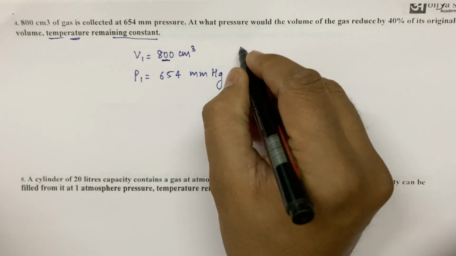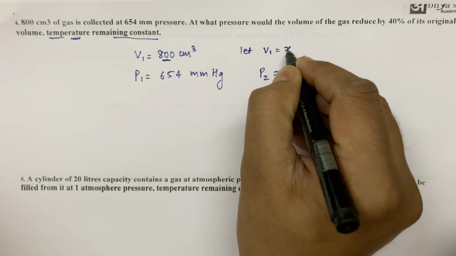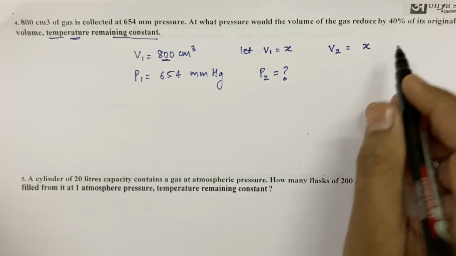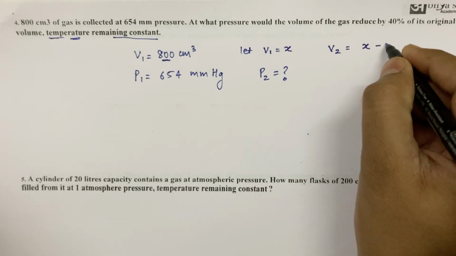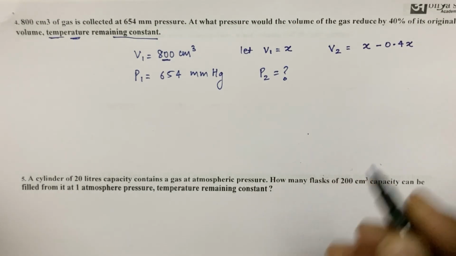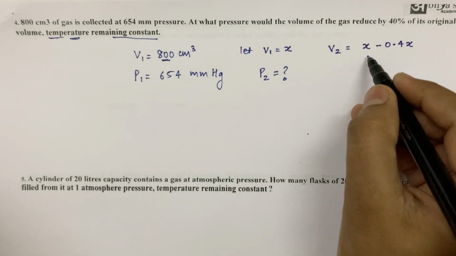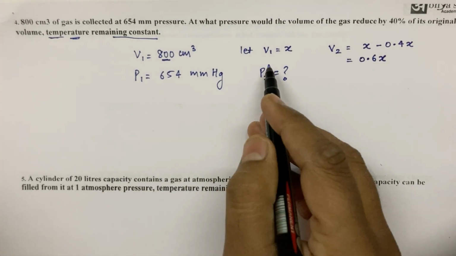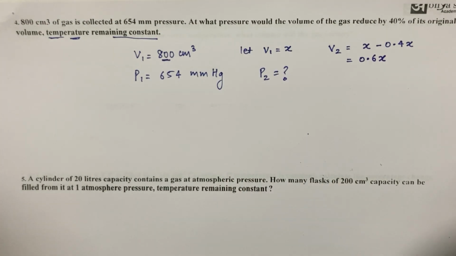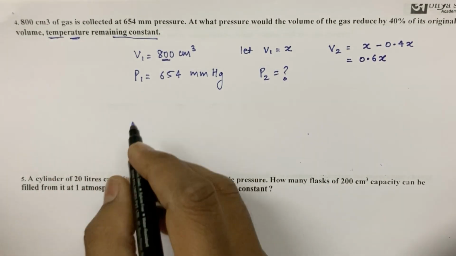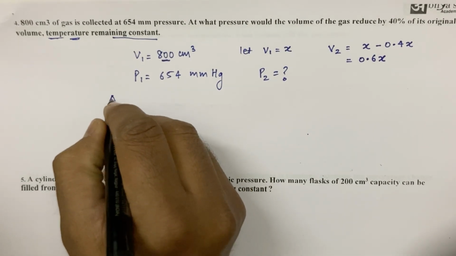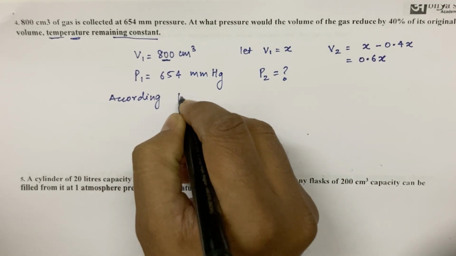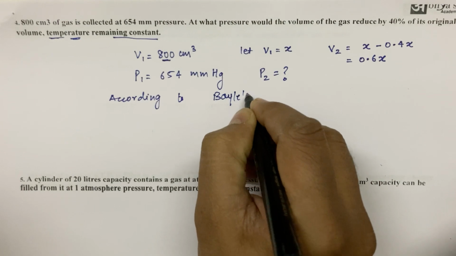What you do is let V1 be equal to X, and V2 will be, it is 40% reduced, so X minus 0.4X, where the reduction is of 40%. So X minus 0.4X is equal to 0.6X. So V1 is equal to X, V2 is equal to 0.6X. Now, temperature remaining constant, therefore according to Boyle's law,